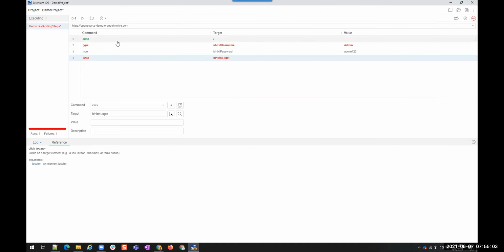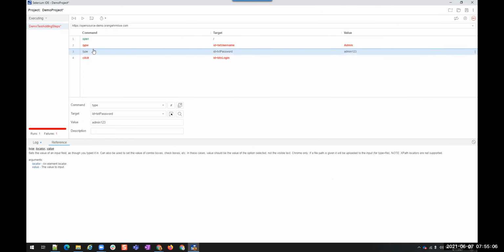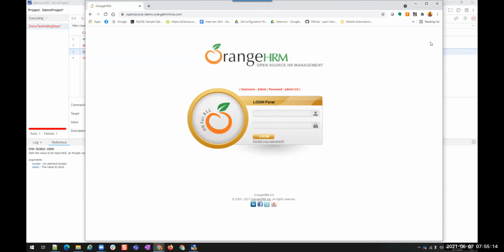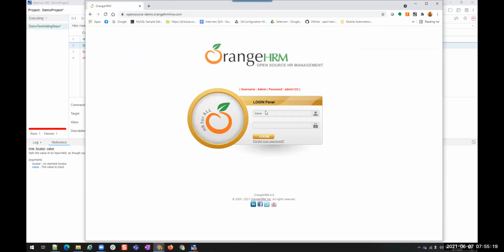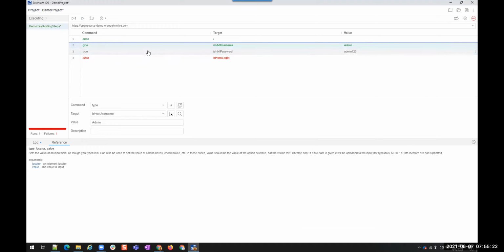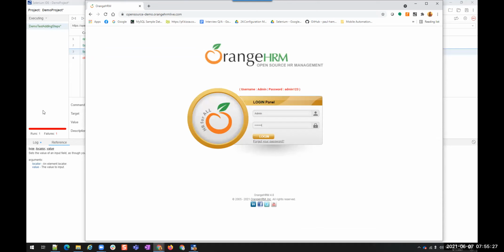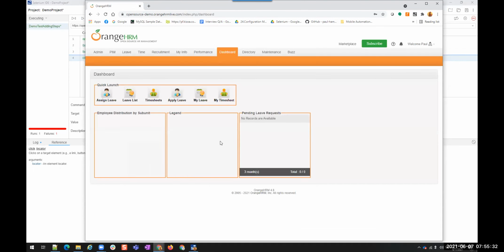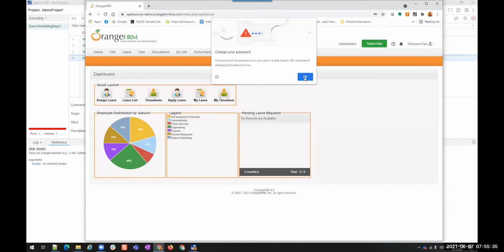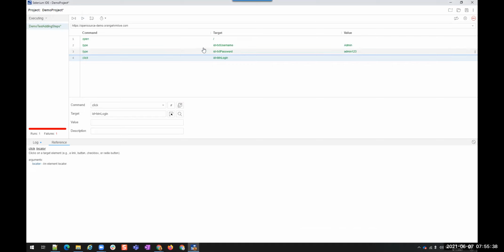Okay. Now we have created this. We are opening the browser, we are typing the username, we are typing the password, we are clicking on it. And if you want to see whether this is entering correctly or not, just double click on this, it will run. You see, admin is entered, only that particular step is run. And then if you want to see only this, double click on it, password. This will also be run, entered. Then double click on this, click, it will be clicked. So this is how you can check an individual step in Selenium IDE.